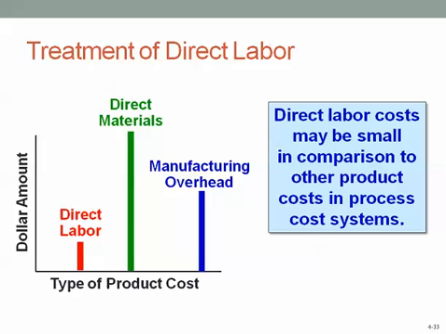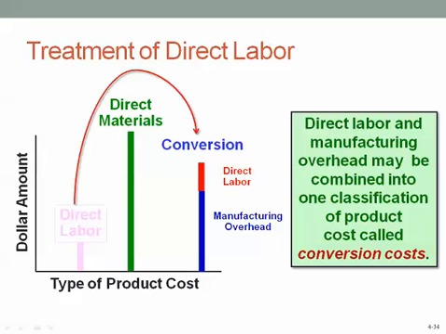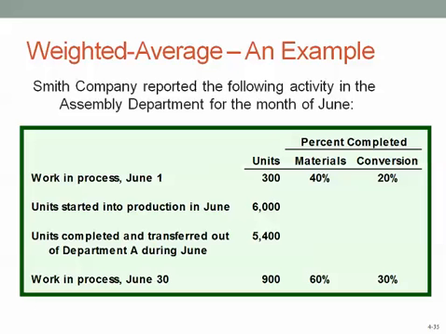Finally, because direct labor is often a small component of product cost today, particularly in automated systems, which we're using typically in our process costing environment, rather than looking at equivalent units with respect to direct labor, direct materials, and manufacturing overhead, we will combine the direct labor cost with manufacturing overhead and consider just two types of cost, direct material and then conversion costs. Let's look at an example for the Smith Company for its assembly department for the month of